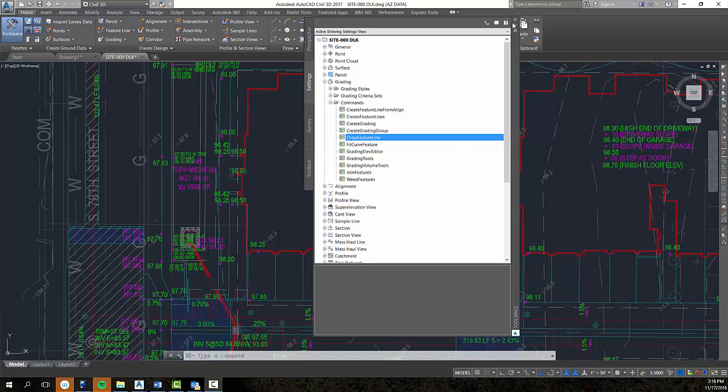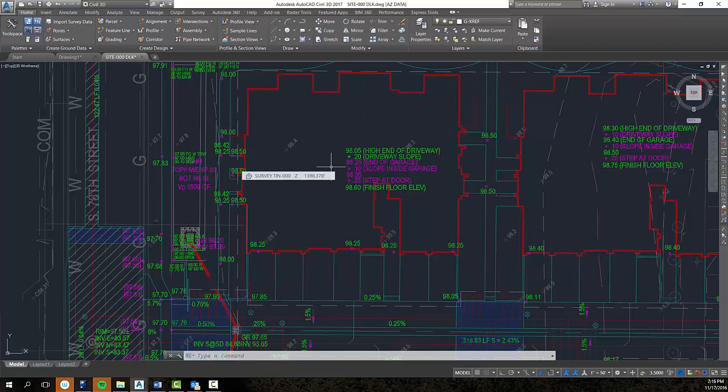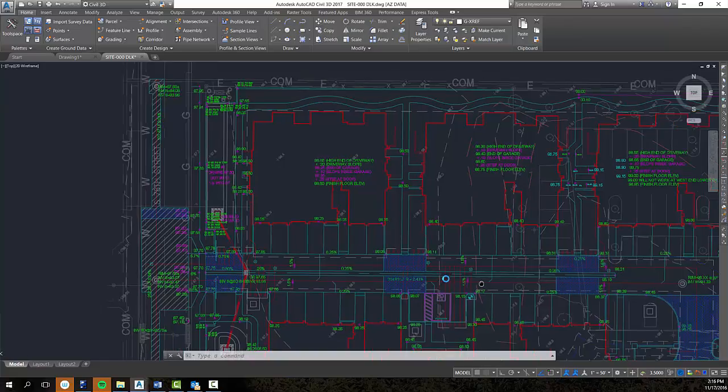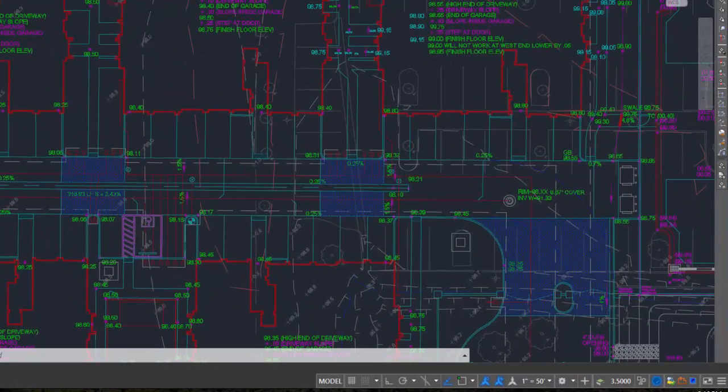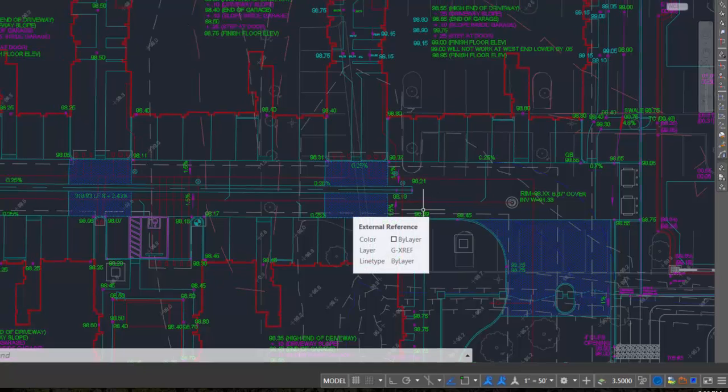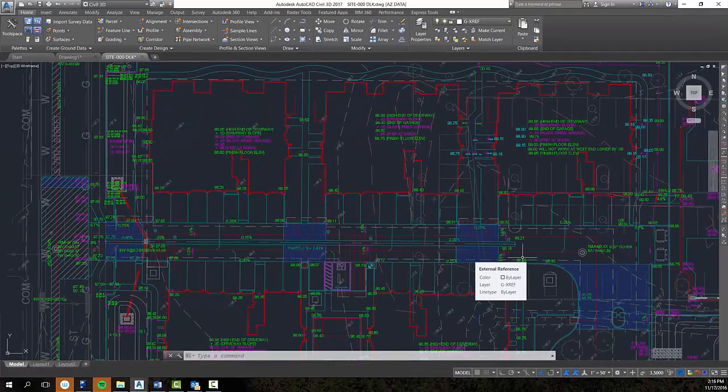So at this point, I'm just going to close my tool space and get back into our drawing. What I'd like to do is go in and start drawing in some of this line work here. When I say line work, I should say feature line work that will depict the gutter on both sides of this road. So in order to do that, what we're going to do is